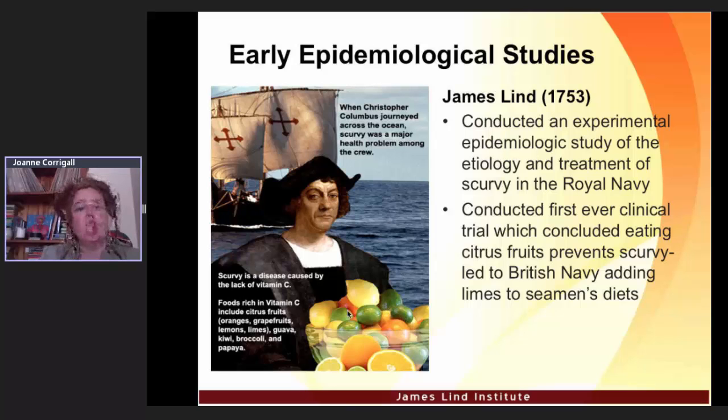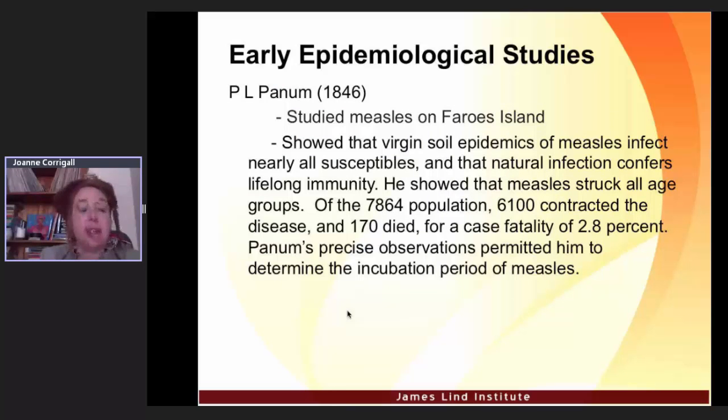Panum was also somebody who contributed to the study of infectious diseases. He conducted quite extensive observations of measles on the Faroe Islands. What his observations managed to show was that virgin soil epidemics of measles infect nearly all susceptibles. So what does virgin soil mean? It means a place where that disease hasn't been there before. So it's in fact an ideal place to study the development of disease because there won't be any immunity, so it can be very